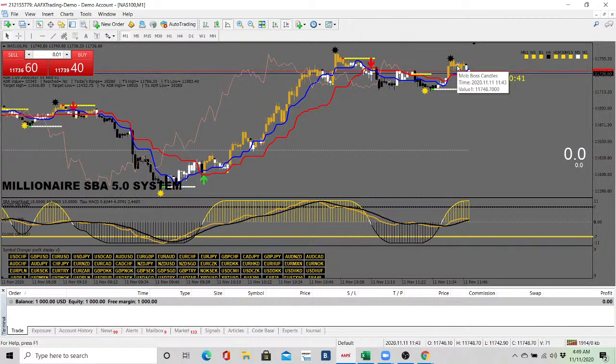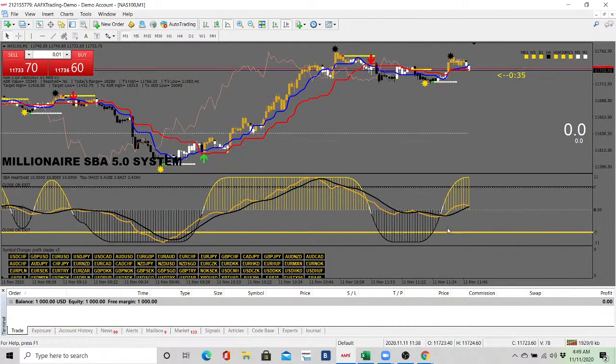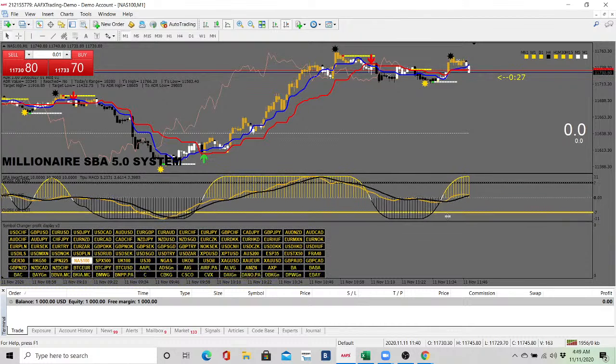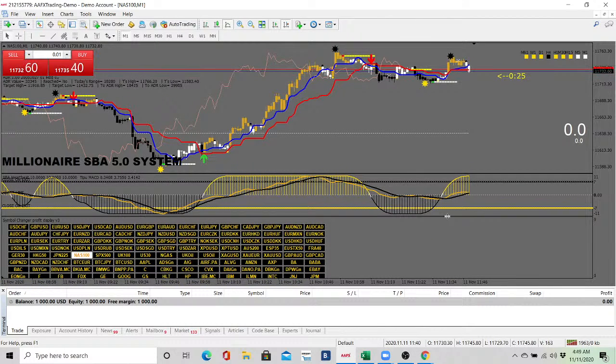So I don't have to trade the NAS 100 right now, which I really do like to trade, indices just because it moves quickly. However, it's the London session, and London on the whole pretty much moves really quick as far as the amount of pips that you catch. One of my favorite pairs is